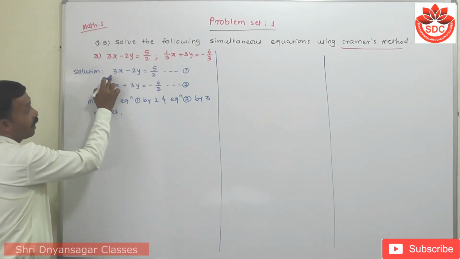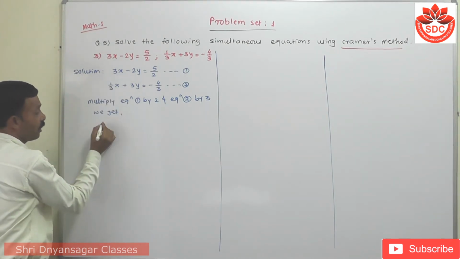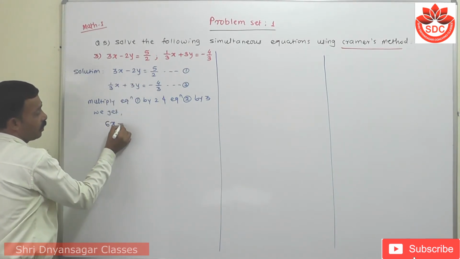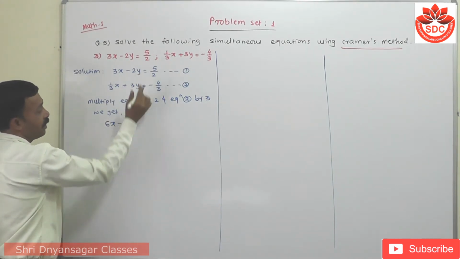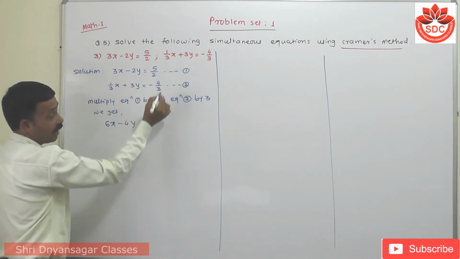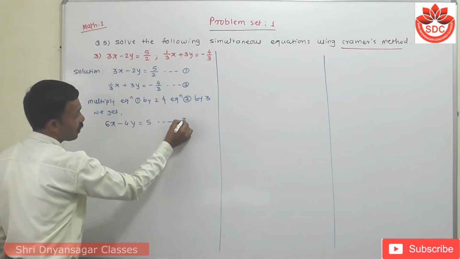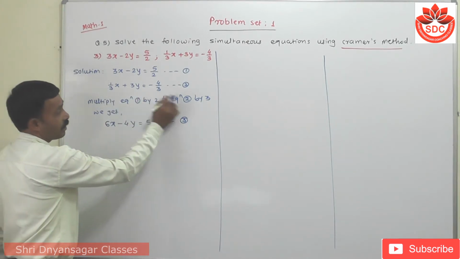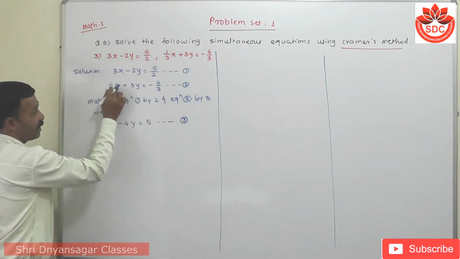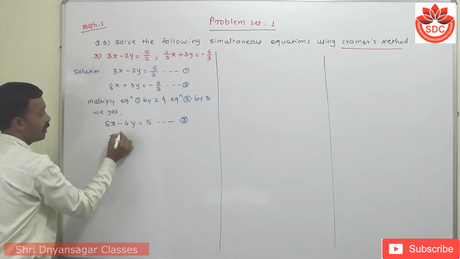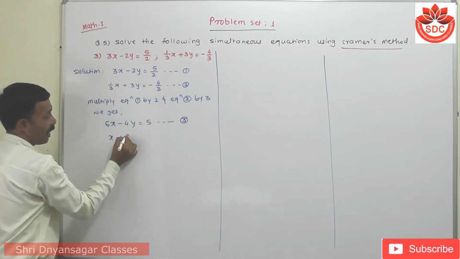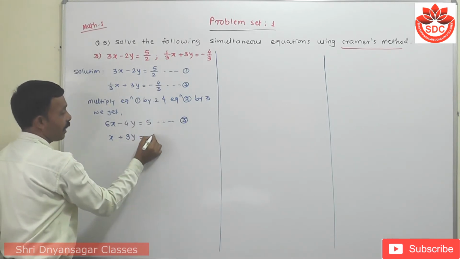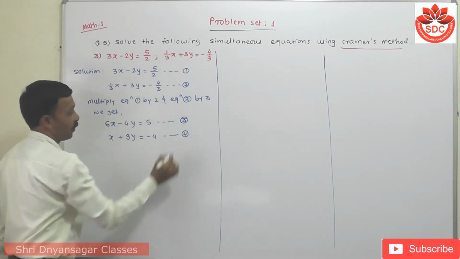Now here when we multiply by 2, then 2 into 3 becomes 6x. Then minus 2 into 2 is 4y. Then this is equal to 5 because 2 gets cancelled. Let it be a new equation, suppose third. Then when we multiply this by 3, we get that 3 gets cancelled, means that x. Here is plus 3 3s are 9y is equal to also 3 gets cancelled, means that minus 4. This is equation number 4.